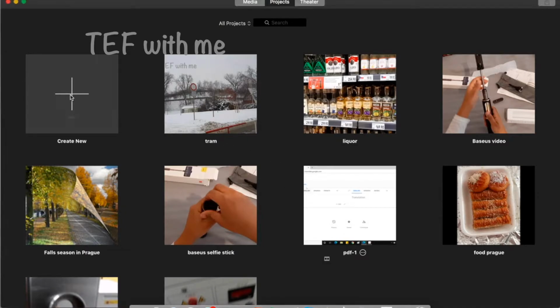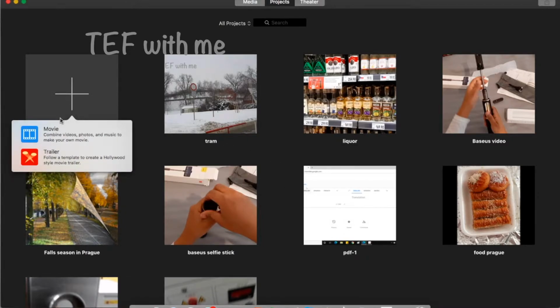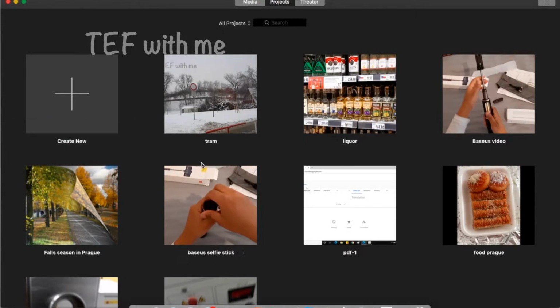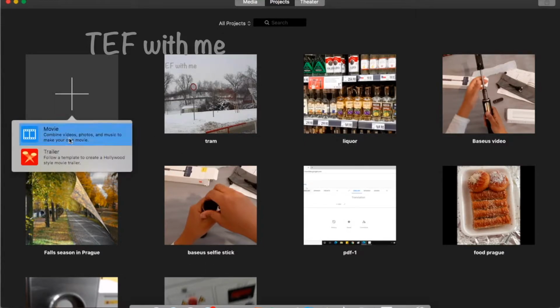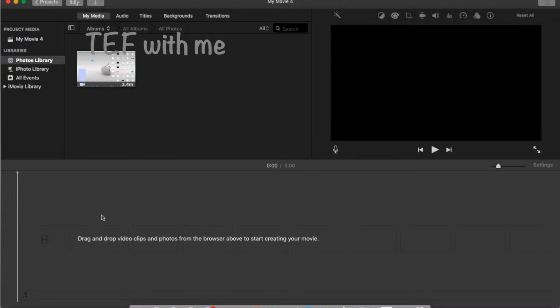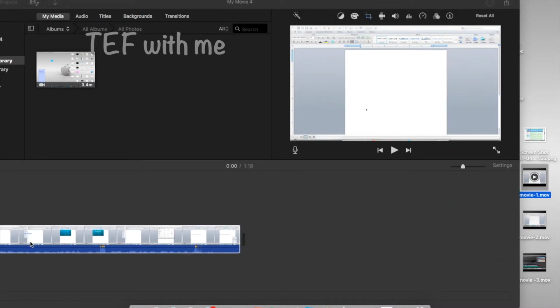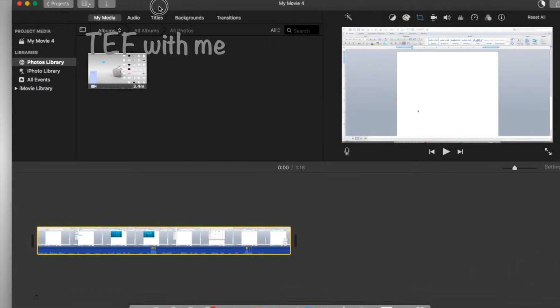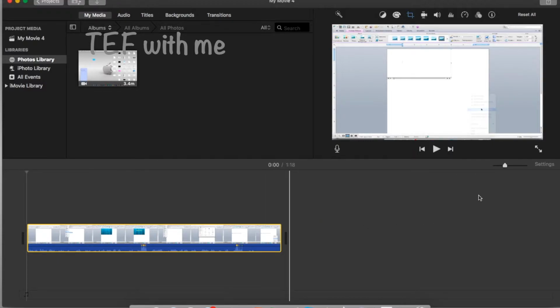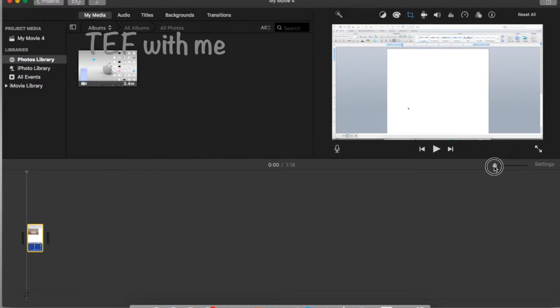So for that I have to click on this create new and then click on the movie. So I have to create movie file. So now I'm going to insert the movie file into the iMovie. I am choosing this movie file and I am inserting this movie file inside so that you can expand or